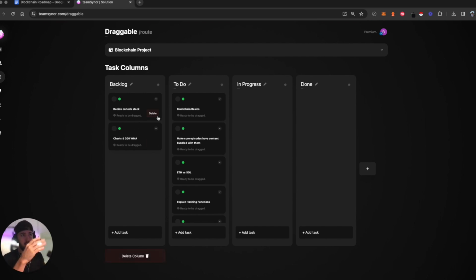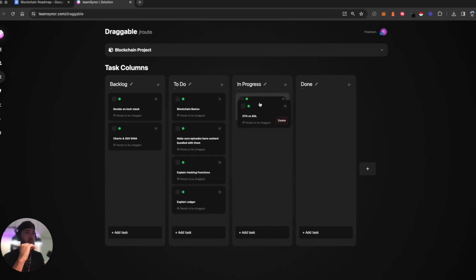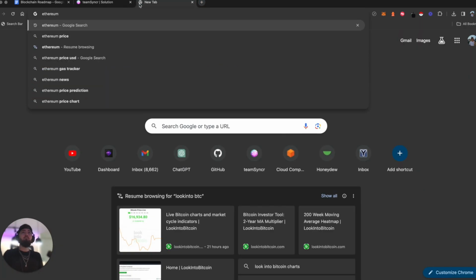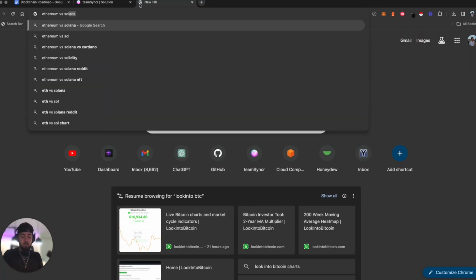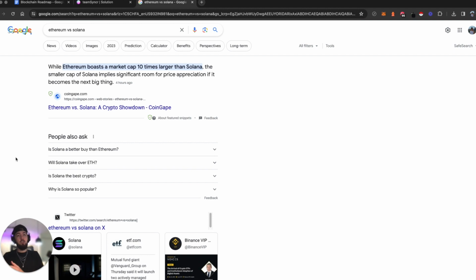So we wanted to decide on the tech stack, and we wanted to do this one right here, the ETH versus Solana. Do we want to do Ethereum or Solana? And after some careful consideration, I ultimately think I want to go down the Solana roadmap. It's going to be a little bit more challenging, right? We're going to need to learn to pick up Rust. I don't know Rust personally at this point in time,